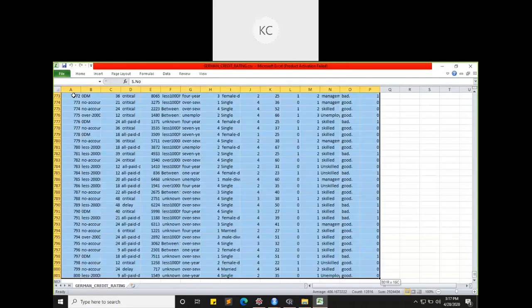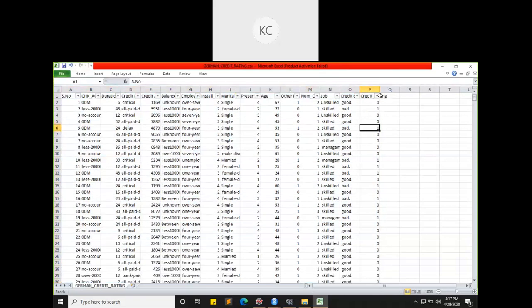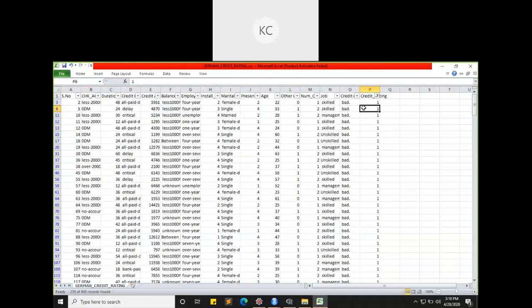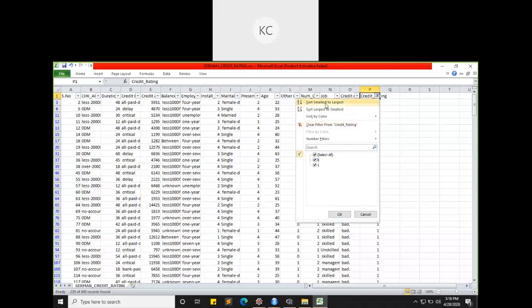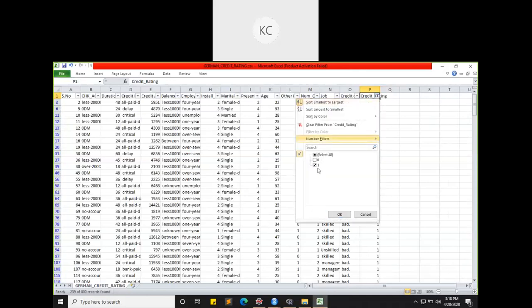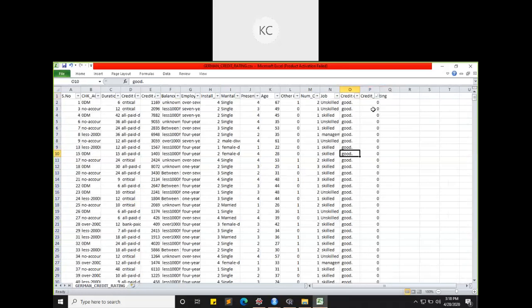Totally how many entries are there? 800 entries are there in this particular file. So we just take how many credit ratings are having yes, or 1. I'll just take the credit ratings which are only 1. So totally 800 entries are there.